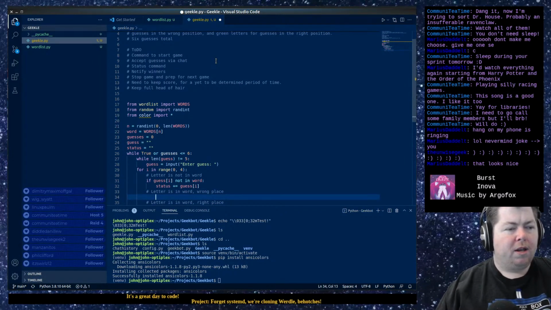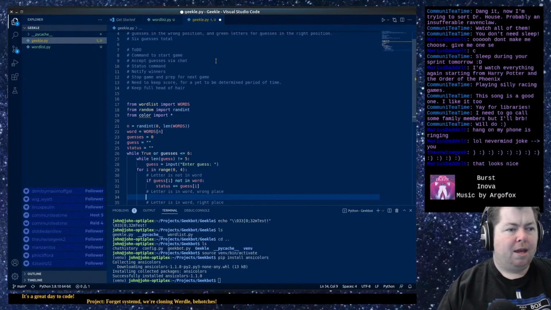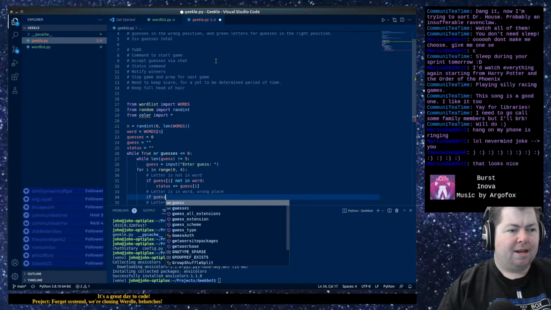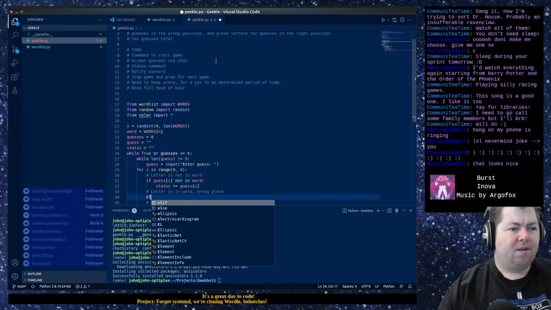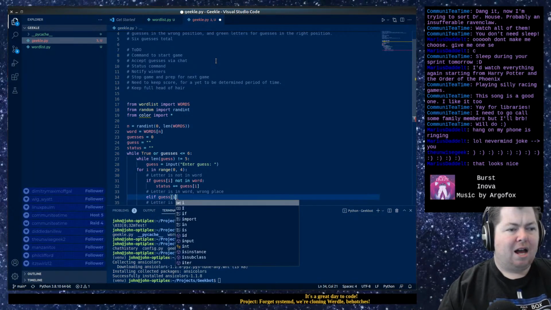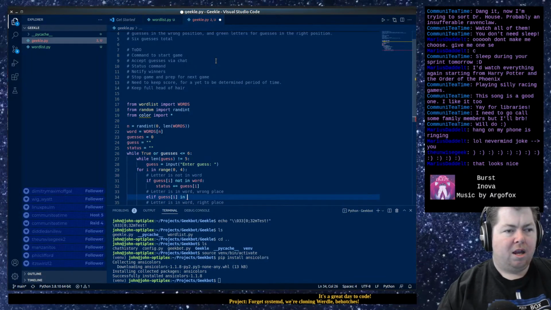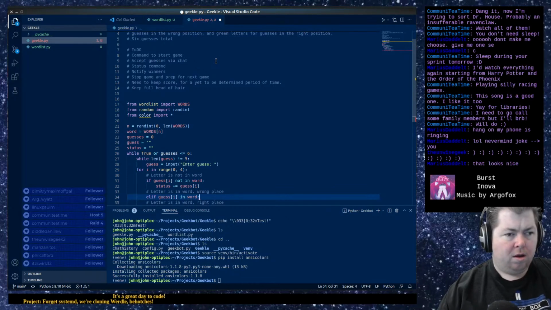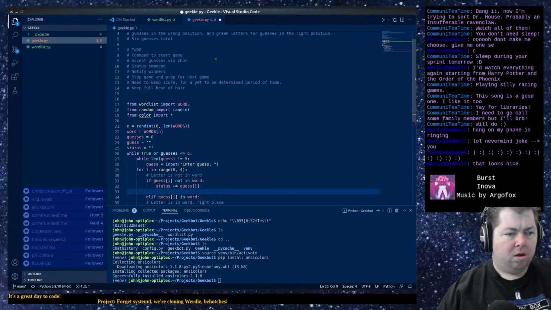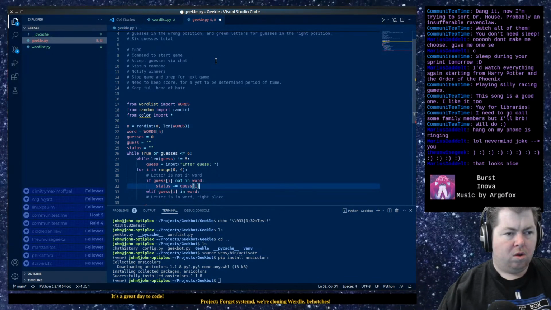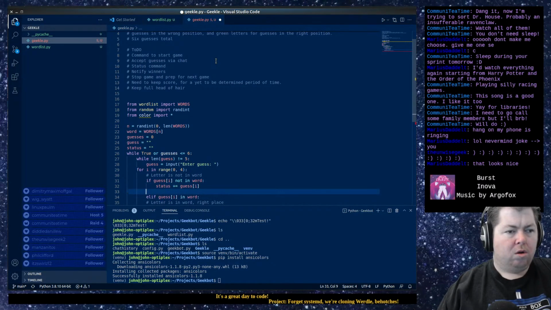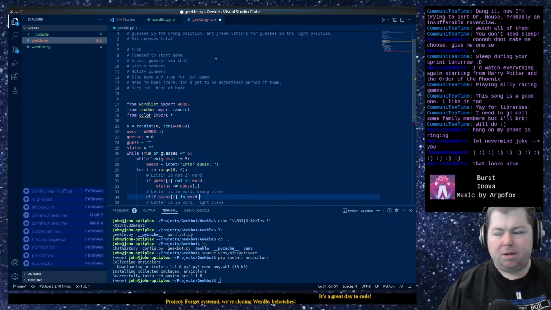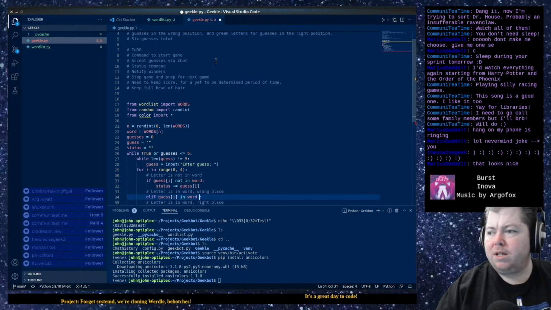So right letter in the wrong place. I guess this would be else if guess i in word. Oh, okay. No, I could do this separately, easier to read.